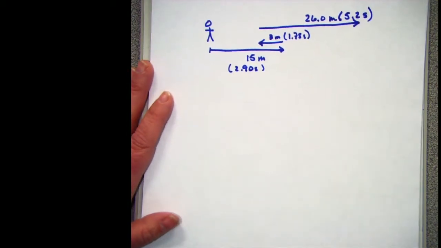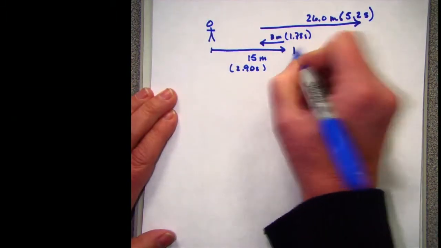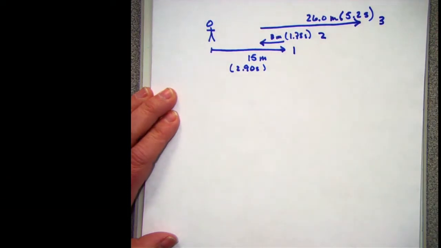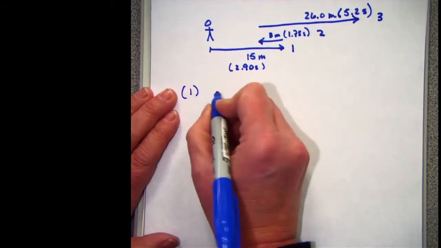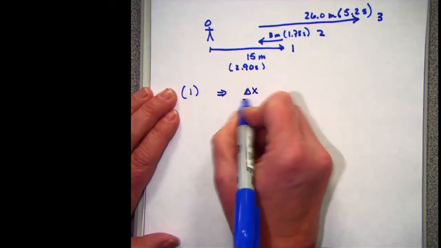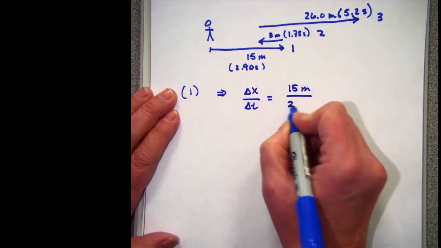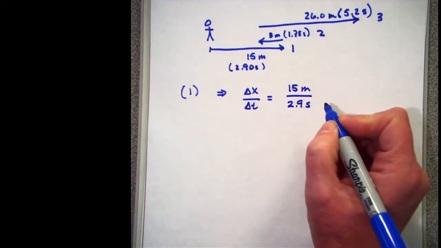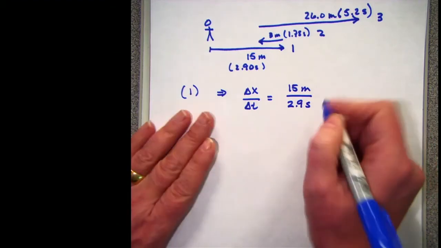So the first part of it was to find the velocity during each segment. So if I call this segment 1, segment 2, segment 3, well, that's easy enough. But I have to keep an idea about the direction. So segment 1 is going to be my change in distance with respect to time, and that's going to be 15 meters divided by my 2.9 seconds. If I plug that into the calculator, it gives me